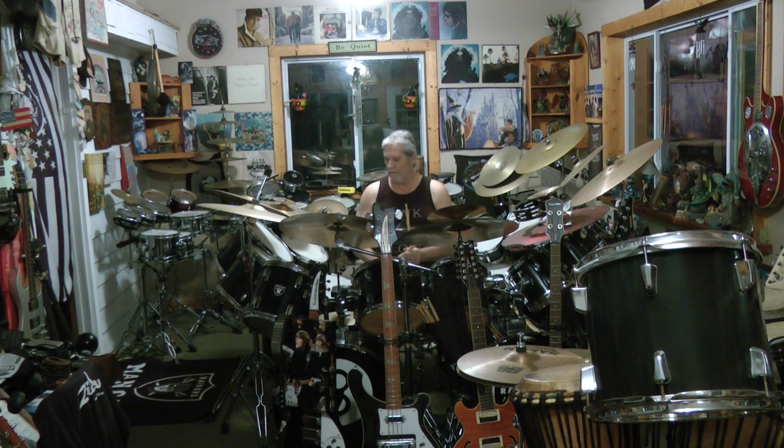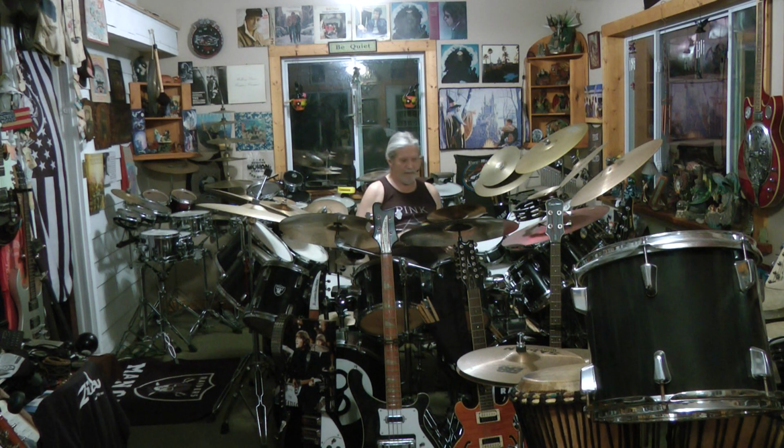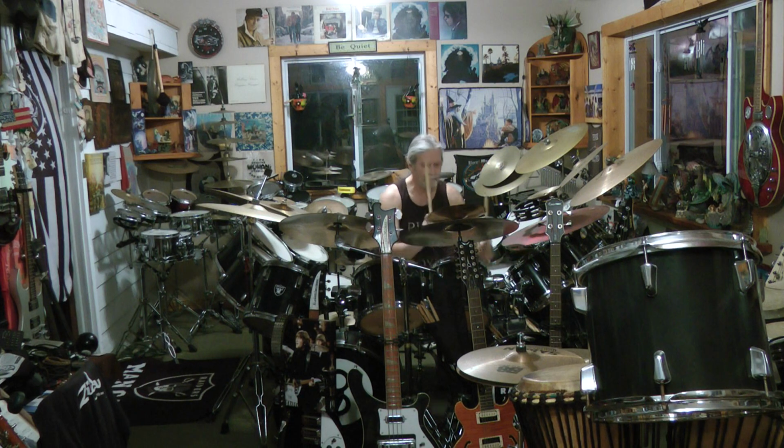The heads, by the way, I use almost exclusively, well, I can't say exclusively, I have others. I have Remos and Rogers, but I like Evans G2 coated heads. Although these 2 over here are clears and they have a different tone to them, they sound more like a barrel, where the rest of them sound more muted. That's 2 of the same size. And if I use all these toms, the way they're tuned,